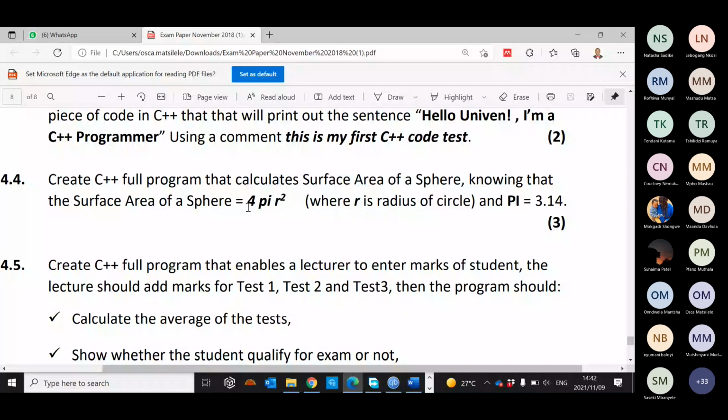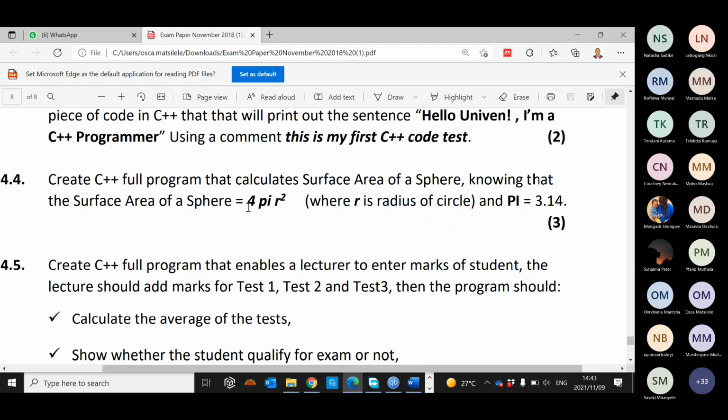You can have your rough work, or even in your mind, you know that the only place where a user will enter a value is for r. So I start my program with #include iostream, using namespace std,